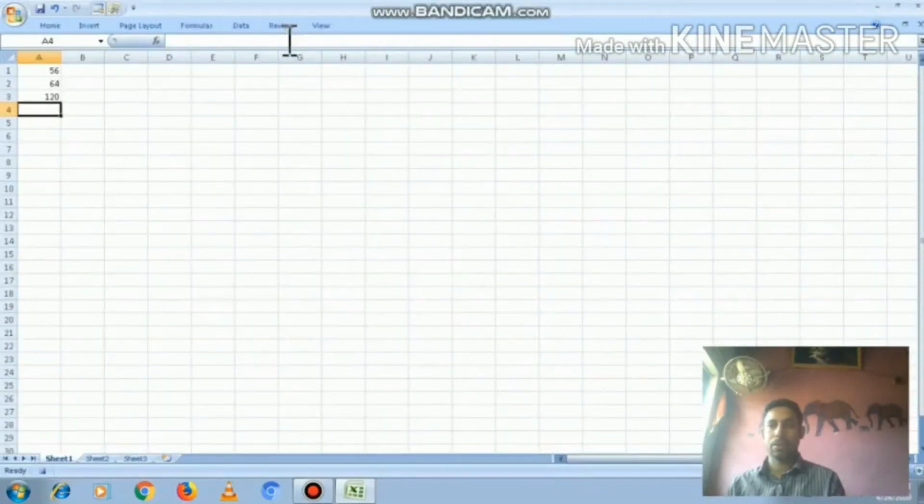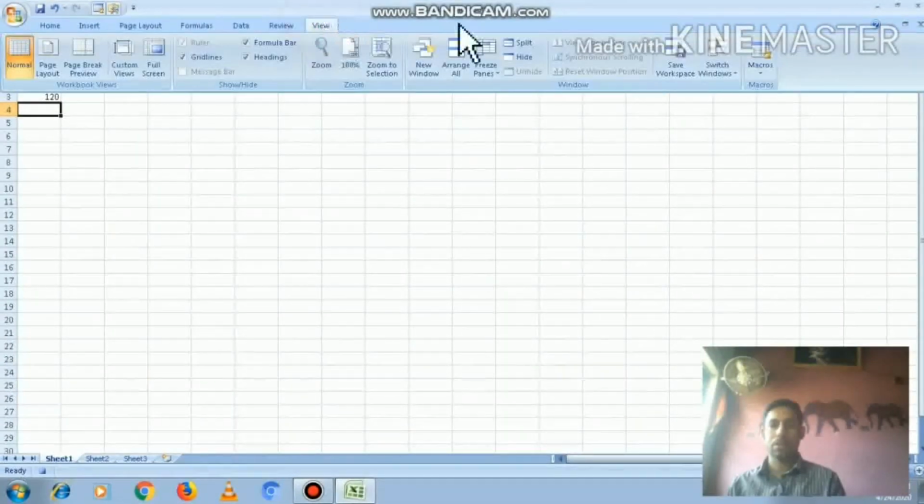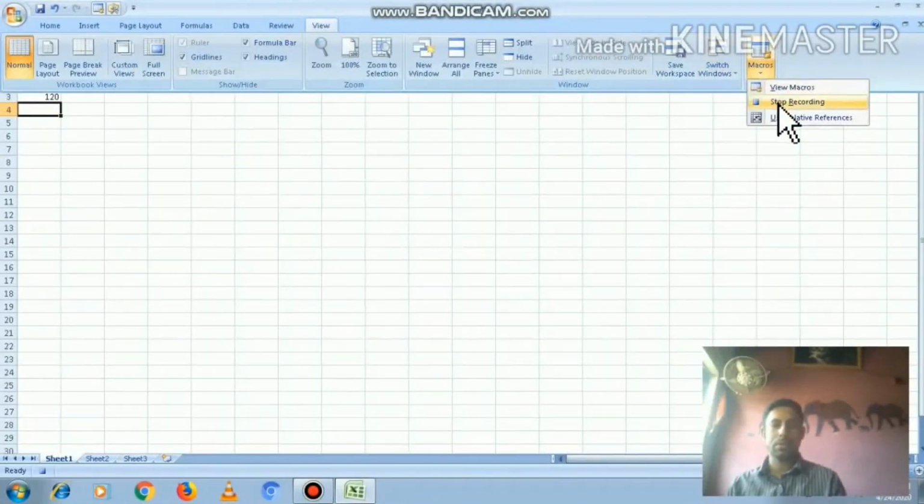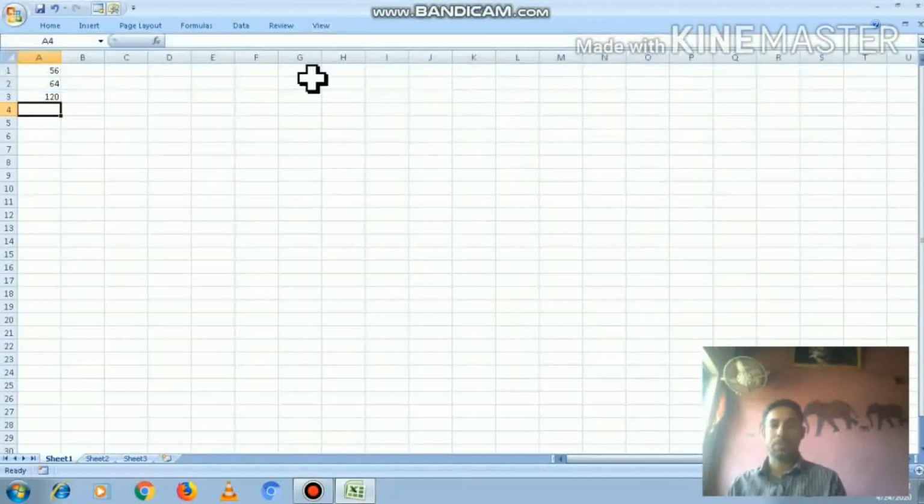This gives the summation of two consecutive cells, that is A1 and A2 in cell A3. Next step, we have to locate the mouse pointer on View ribbon under Macro group and click on Stop Recording under Macros drop-down menus. Now the macro will stop its recording.